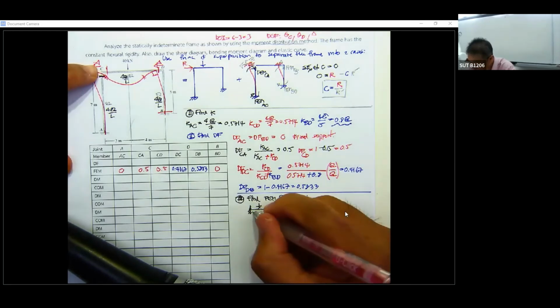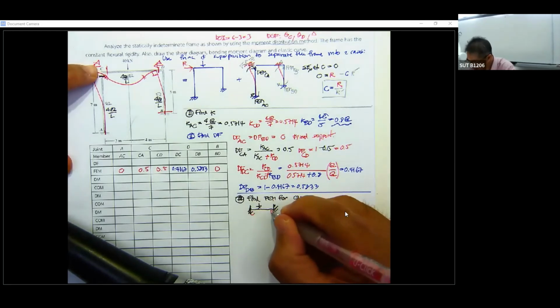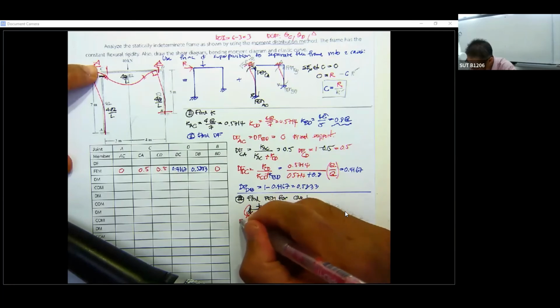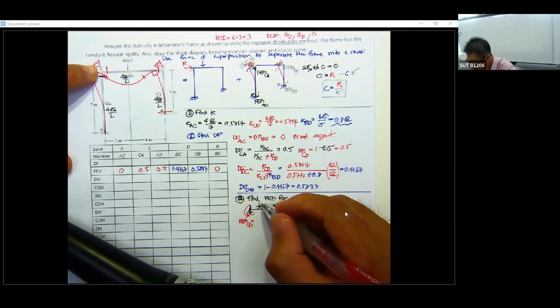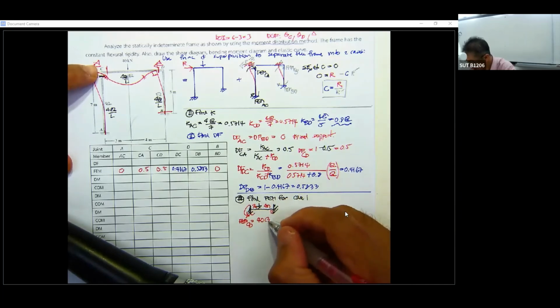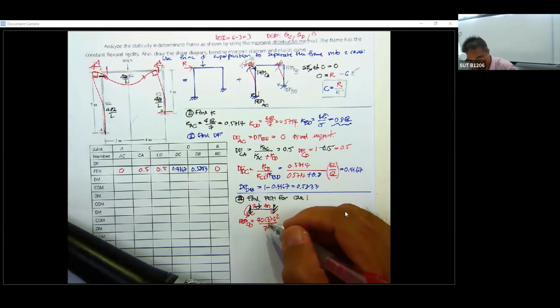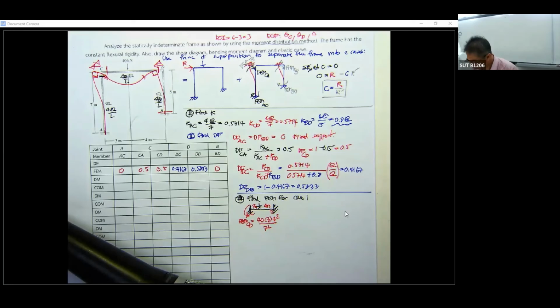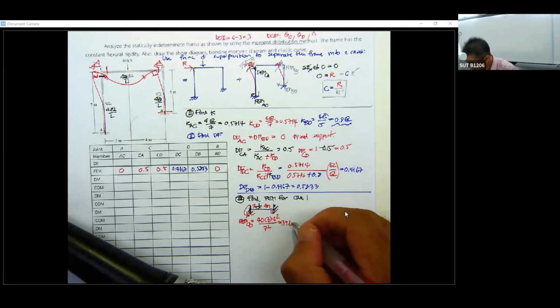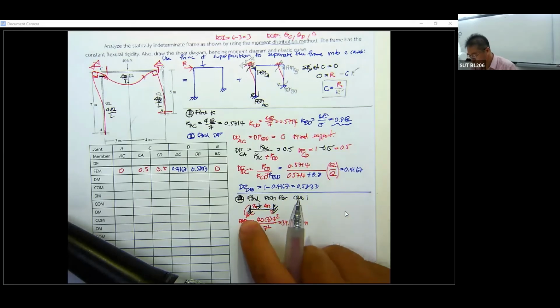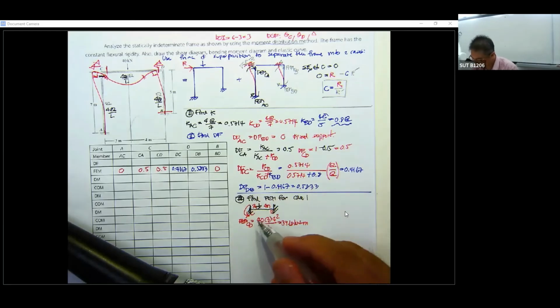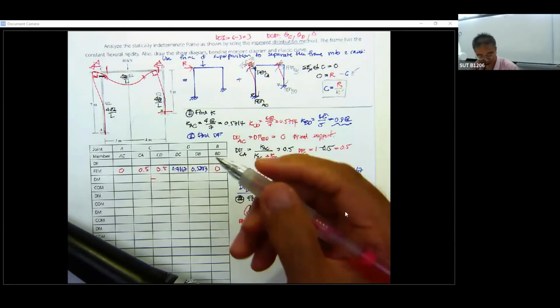This is going to be C, this is going to be D, and then this is going to be fixed end moment CD equal to P times 4 times 3 meter, 4 meter A, and then B square over L square. That is going to be 39.18 kilonewton meter. This is counterclockwise, so on the CD, minus